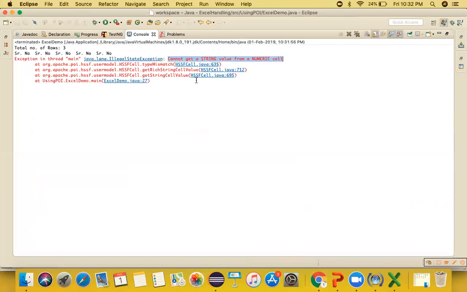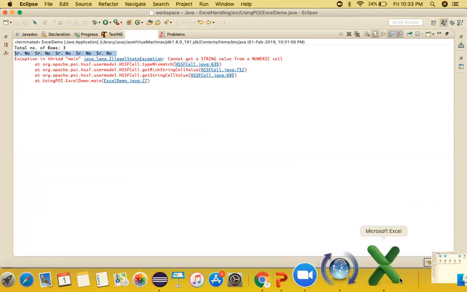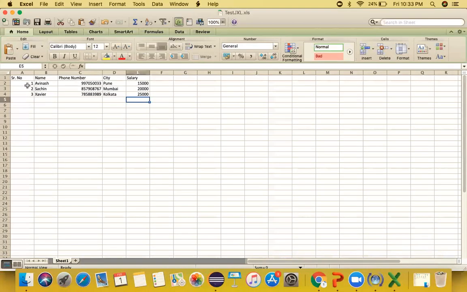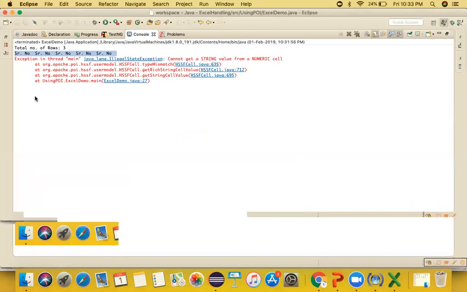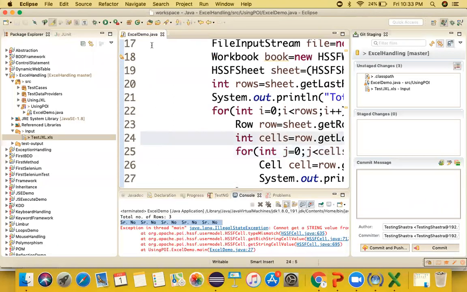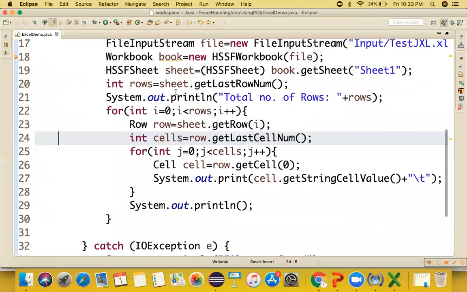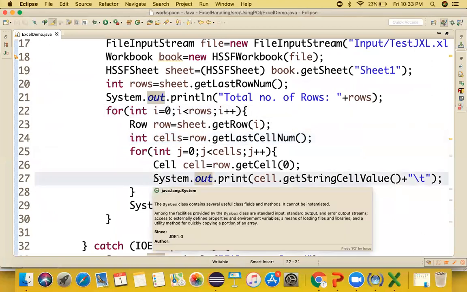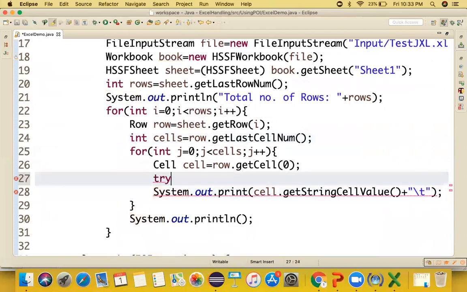So this is the customized kind of exception over here in the HSSFCell class. And for what kind of value it has given this exception is this 1 and 2 in the serial number that we have written. Can you see 1, 2 and 3? These are the numeric values. So for this one it has given the exception, and after this line it didn't execute the program. So let me handle this exception for now, and we will talk about how we can get the numeric cell values. So let me write down try catch blocks over here